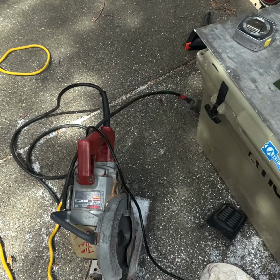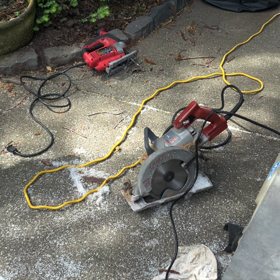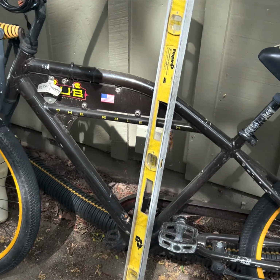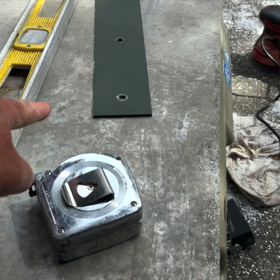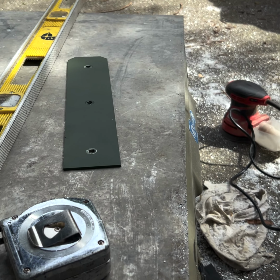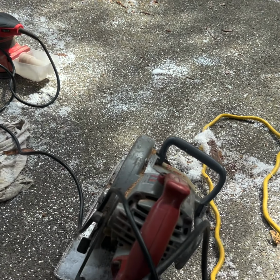So you can use a regular skill saw. You just go get yourself a non-ferrous blade. There's blades that are specific to aluminum. And then I just made my rough cuts. I did a plunge cut, do all my straight lines. I basically was using whatever you got for a straight edge, but I'm using my level. I just clamp it in and measure 1.5 inches off, or whatever the fence distance is, and you just use that as a straight edge. So I just plunge in, make my cut, just do it carefully, and clean it up with the sander. So it ain't perfection, but it works pretty good for junkyard tools,